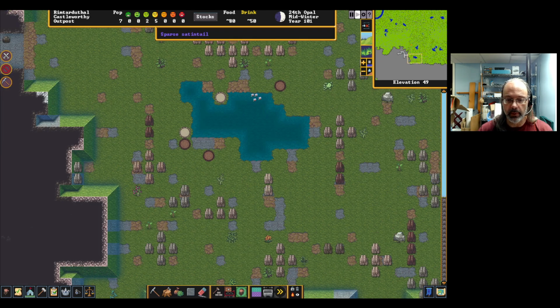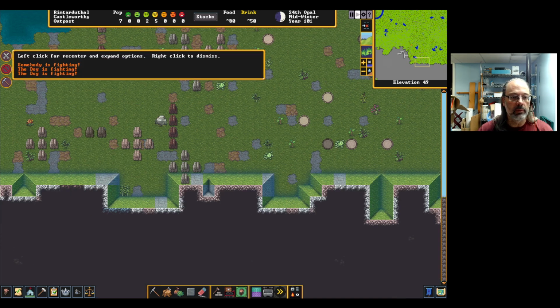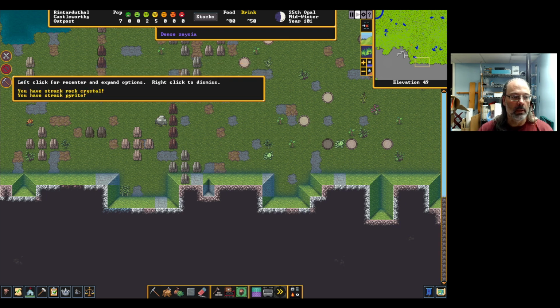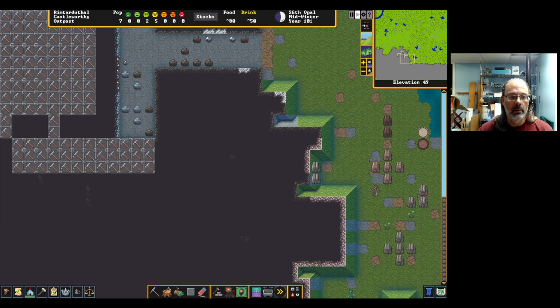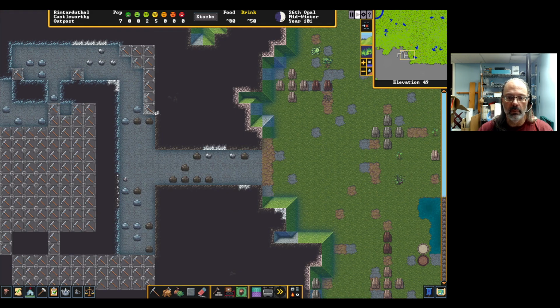I wonder what that noise that I'm hearing is. What do we got here? Who's fighting? Somebody's fighting. The dog is fighting. Nothing to catch. And we've struck some minerals. Okay. Well, what's everybody doing? Nothing. A great big fat load of nothing. Well, maybe I should get them... Oh, how does one get them to dump things? Let's...